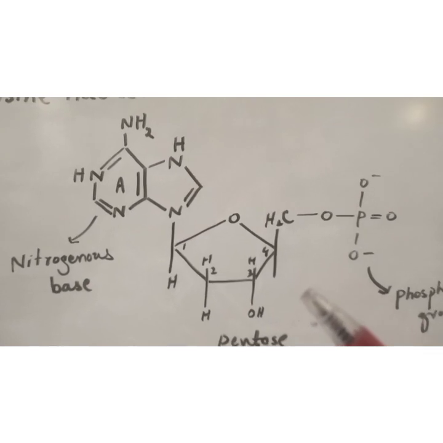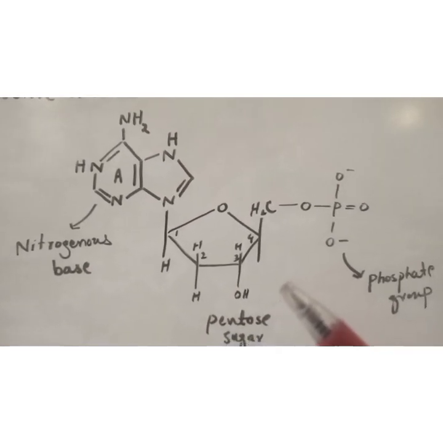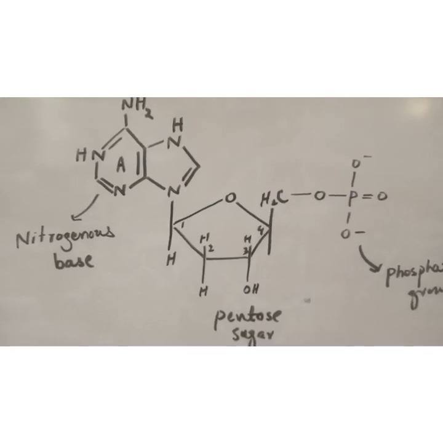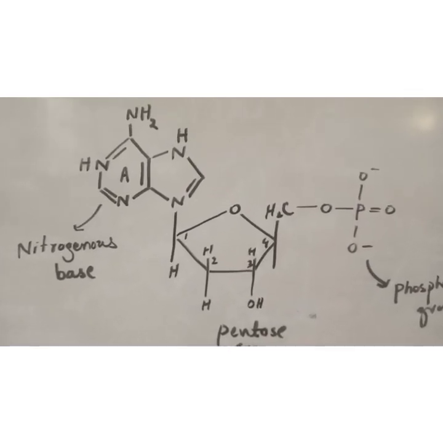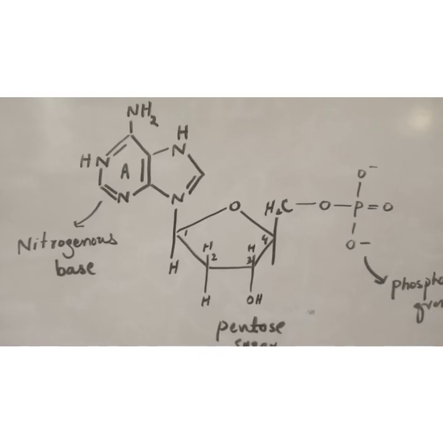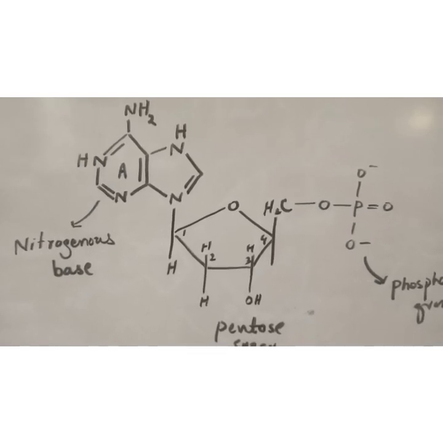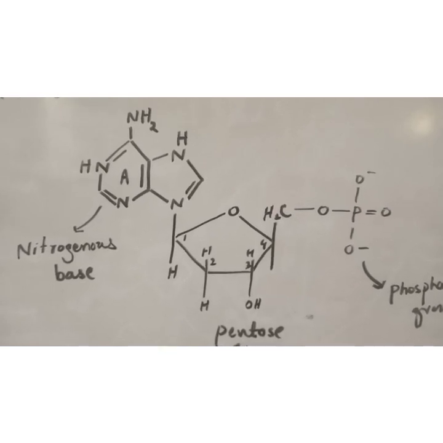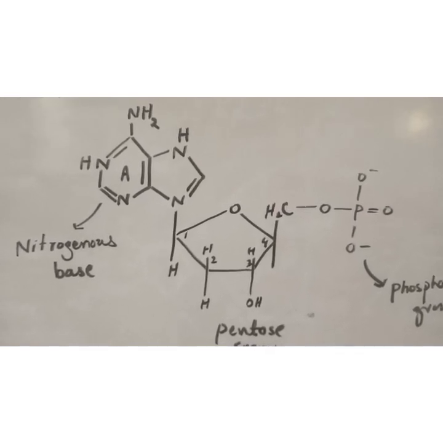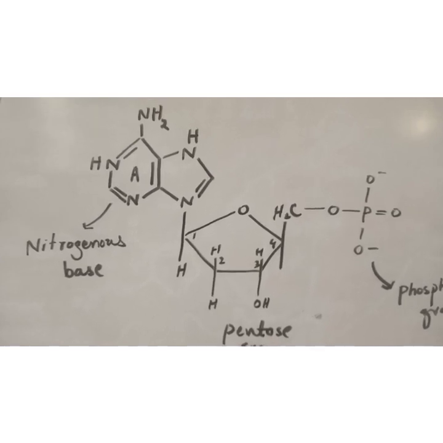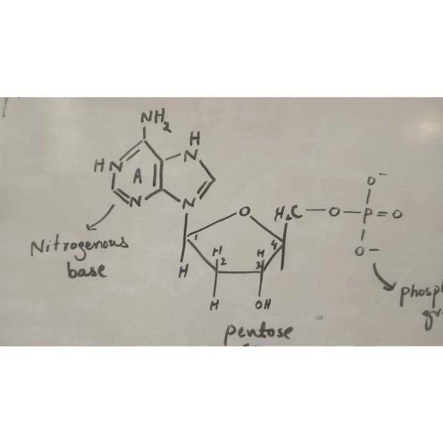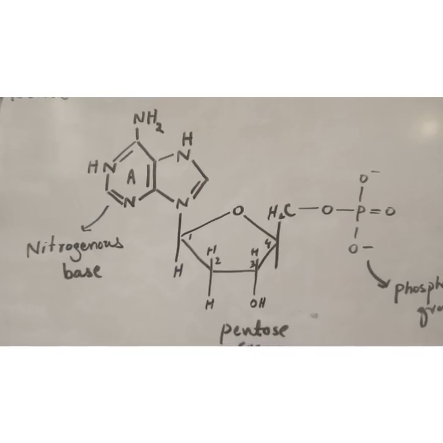So that is the chemical structure of nucleotide, and these nucleotides combine to form DNA, which is in the form of double helix. It runs from 3 to 5 prime end, while the next helix is opposite in direction, that is from 5 to 3